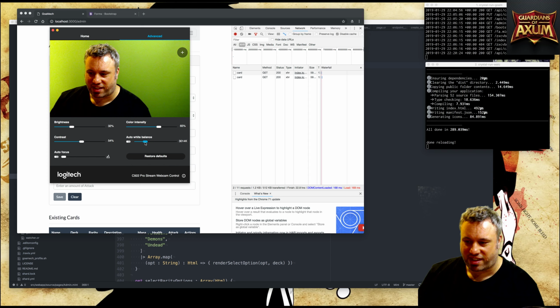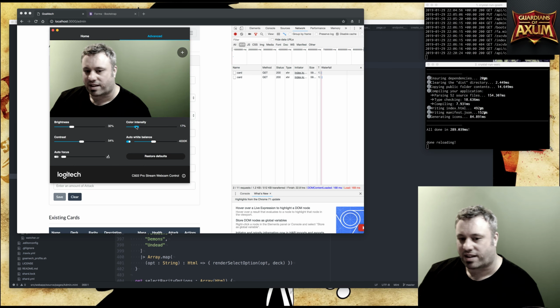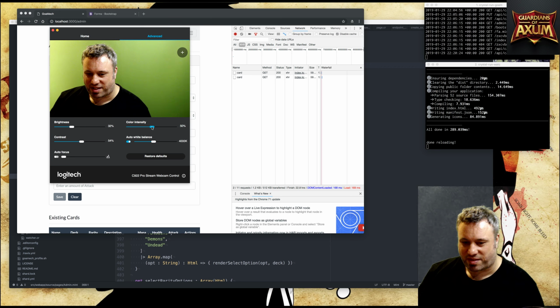So auto seems to be the best option here, and color intensity. If I really take this down like this, it's washing me out and I'm sort of black and white, and then I move it up, and it's gradually fading out. But then I've gone a bit red, so I need to find